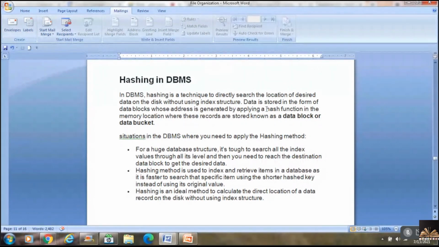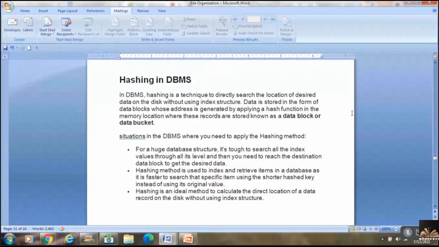Because you're just calculating a hash value. Data is stored in the form of data blocks whose address is generated by applying a hash function. Based on the hash function, you're going to store, retrieve, or update the data in the data block, which is in memory.